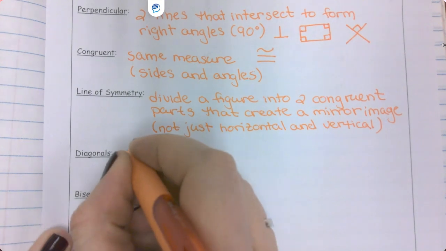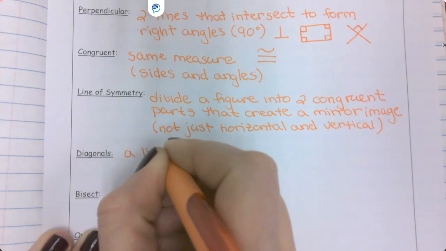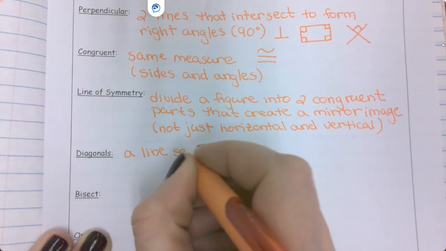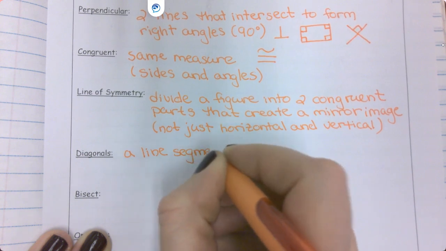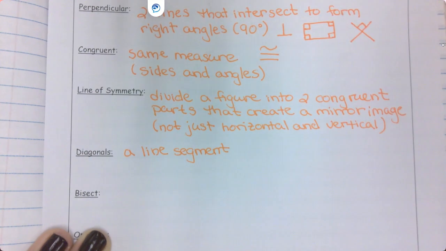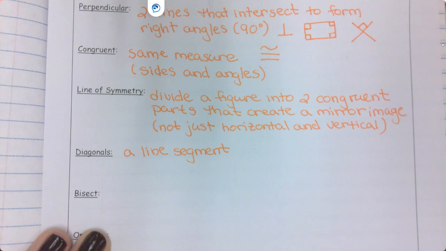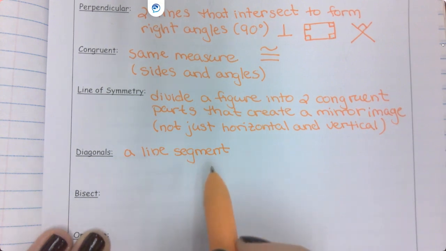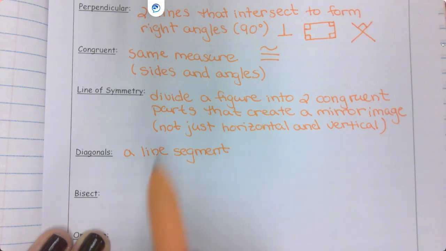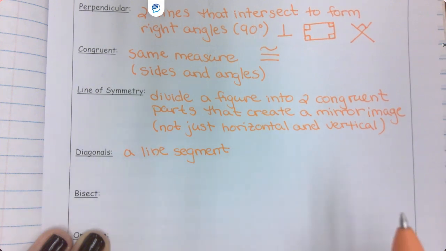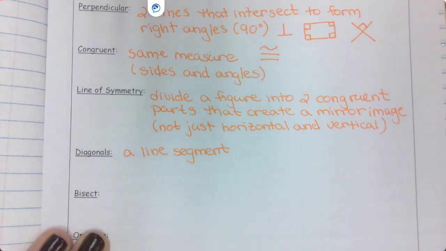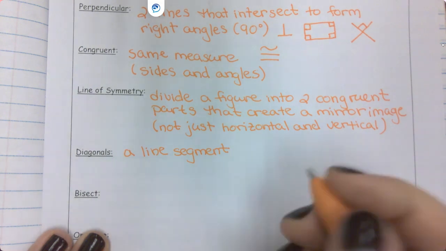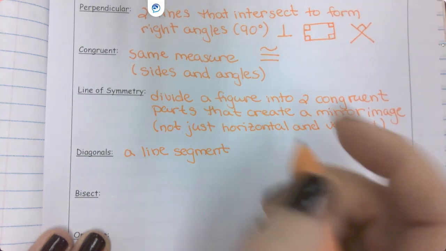A diagonal is a line segment. So the difference between a line and a line segment: a line technically goes on forever, infinitely in both directions, just like a number line. A line segment has an end point. So when we're dealing with shapes, the sides are really line segments, not lines, because they don't go on infinitely in either direction. So a diagonal is a line segment